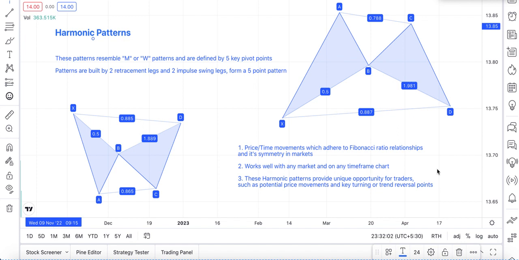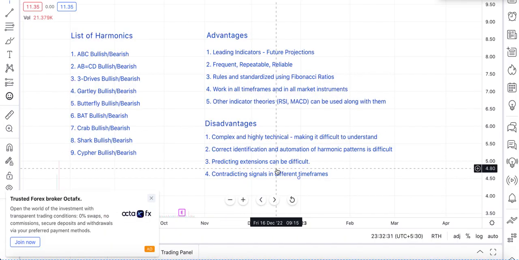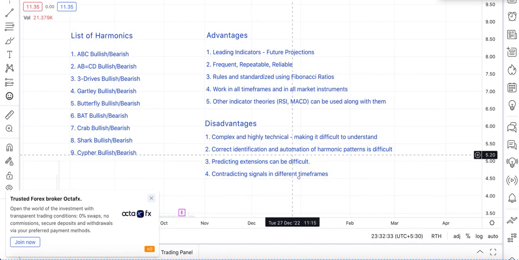In this video, we'll be starting a course on harmonic charts and patterns, starting right from the basics and covering each and every harmonic pattern in detail. We'll be discussing the fundamentals of harmonic patterns, why they exist, what the different ratios are, how they work in different time frames, whether they work in each of these markets or not, what the advantages of each of these harmonic patterns are, what the disadvantages are,